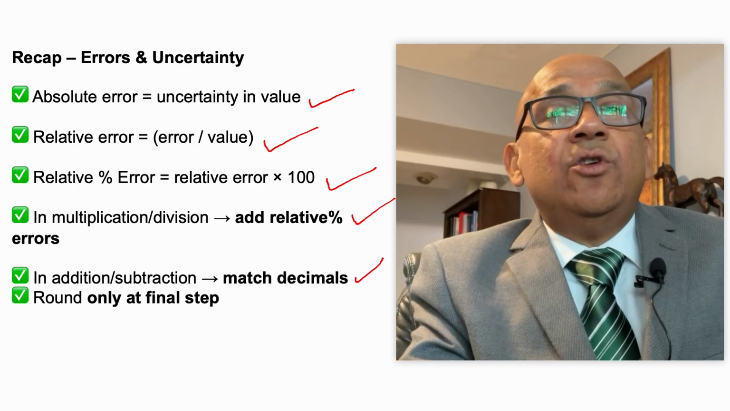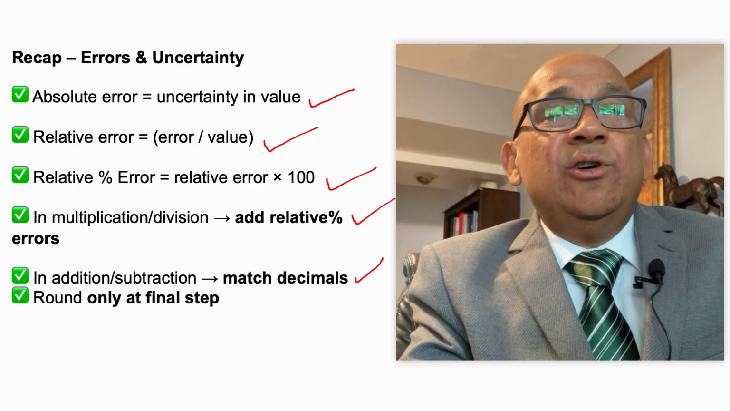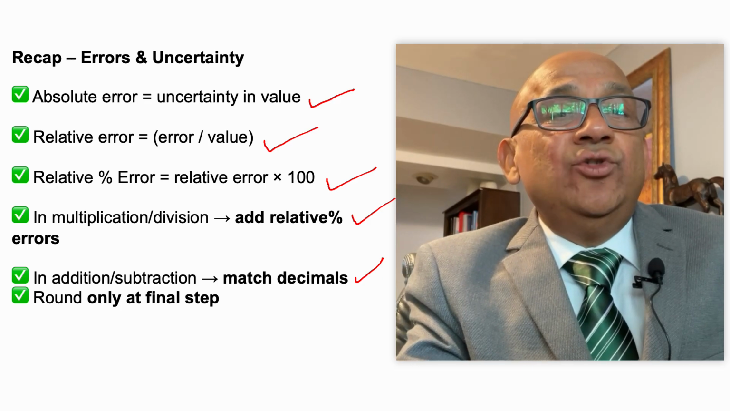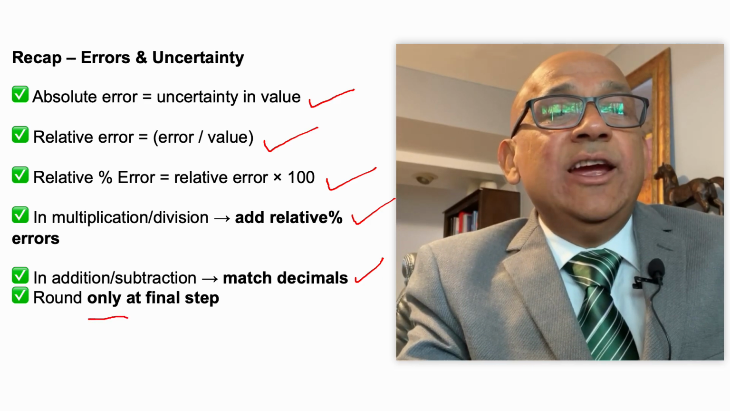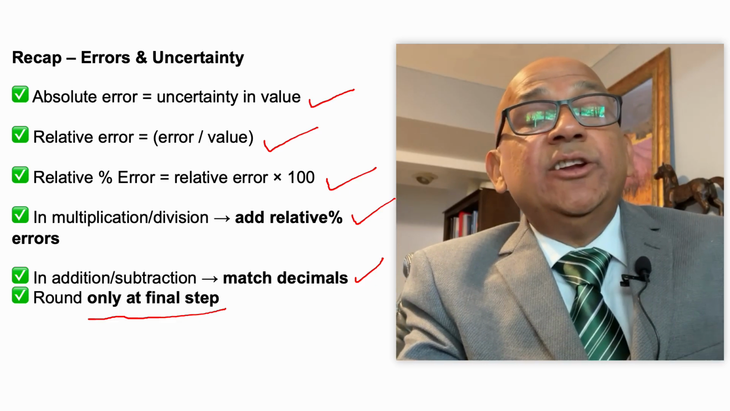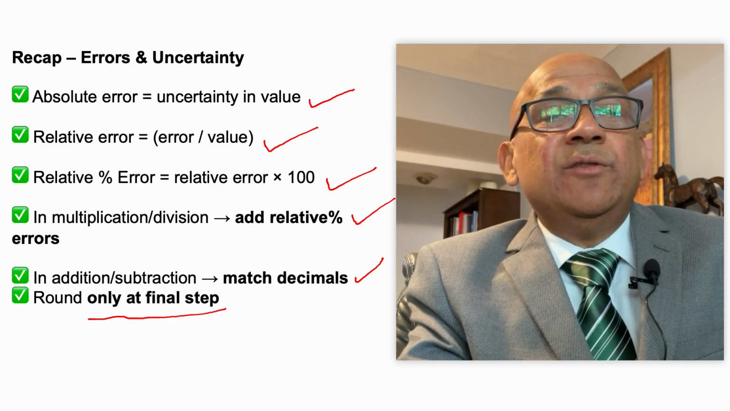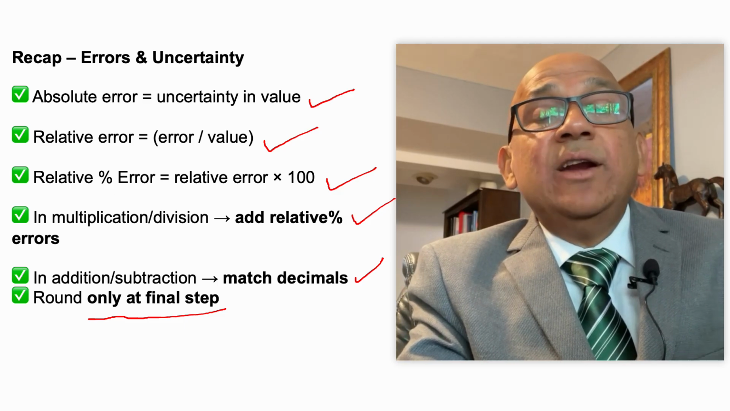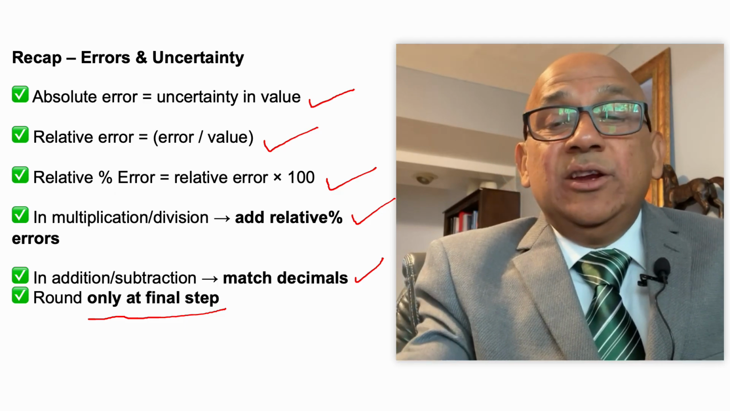And one thing you should always keep in mind on all these operations is that you should round numbers only at the final step. Okay, so in the intermediate steps, you don't round. Rather, you keep your significant digits plus one extra digit. Otherwise, there can be a round